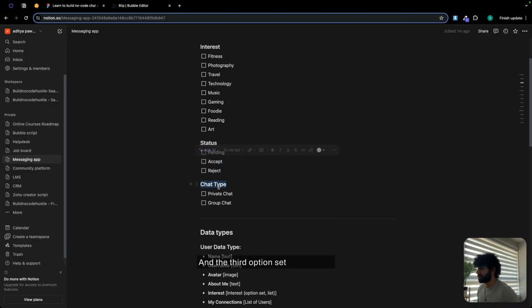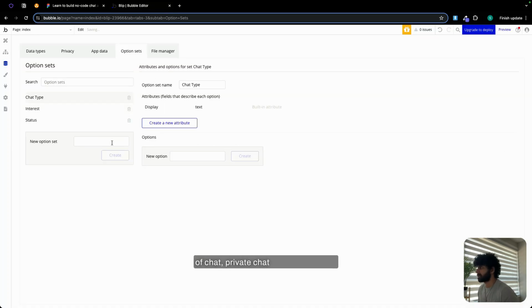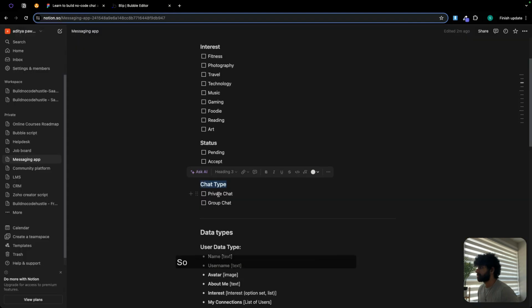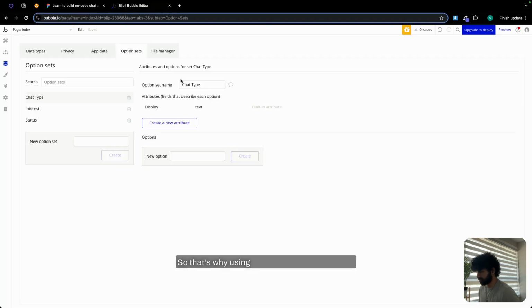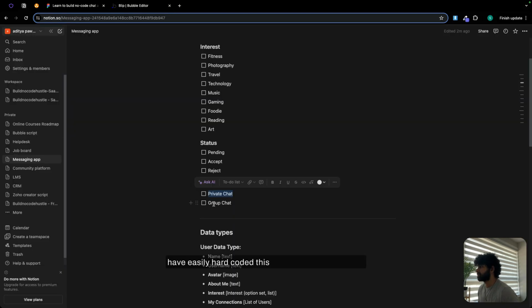And the third option set is chat type. So we are going to have two types of chat, private chat and a group chat. So that's why you're using option set. I mean, we could have easily hard coded this in our workflows, but you know,